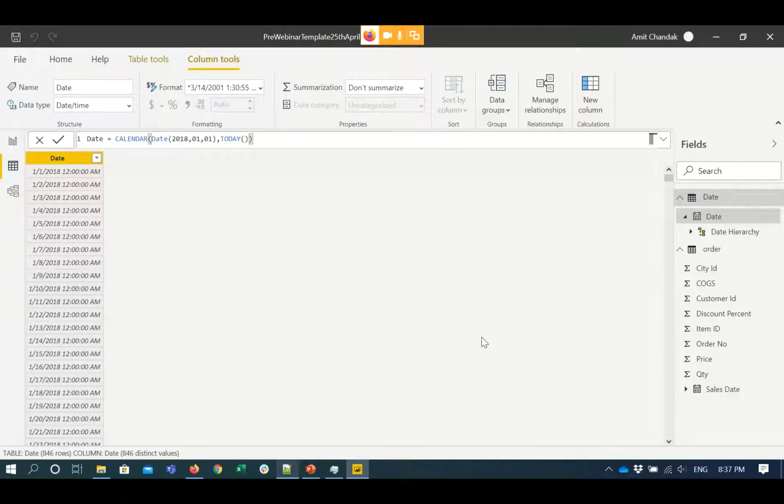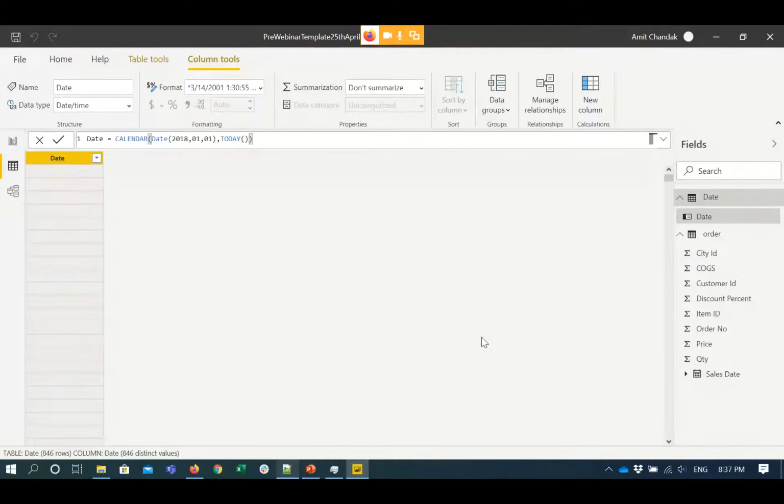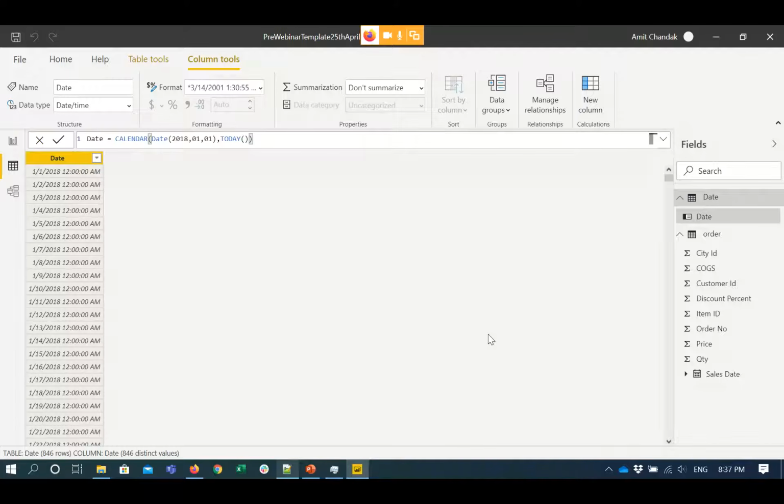So this validation is going to tell you whether you have all the continuous dates or not. And having continuous dates is pretty important for time intelligence, and that's where time intelligence will be able to help you out. And if you don't have continuous dates, it's not going to be very effective, and you get wrong results. So let me make it as time, and as soon as you see this become a date calendar,